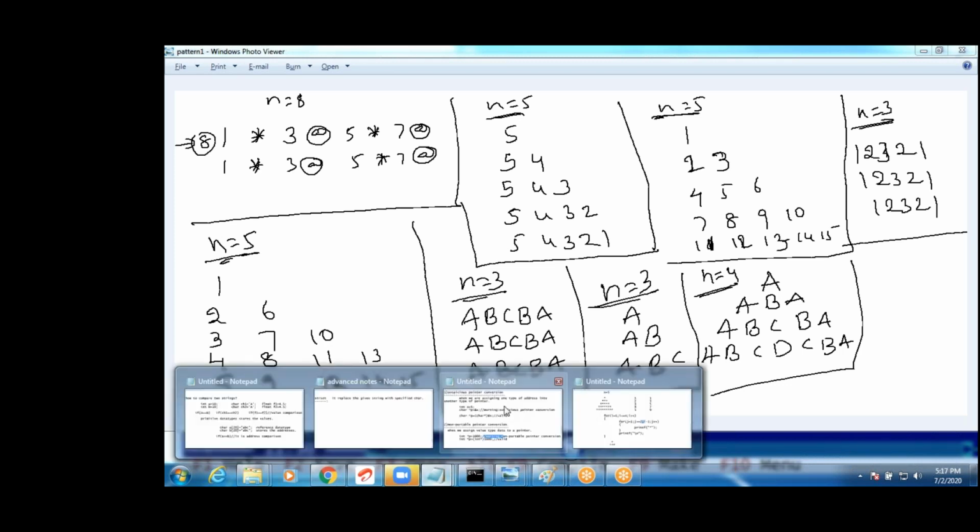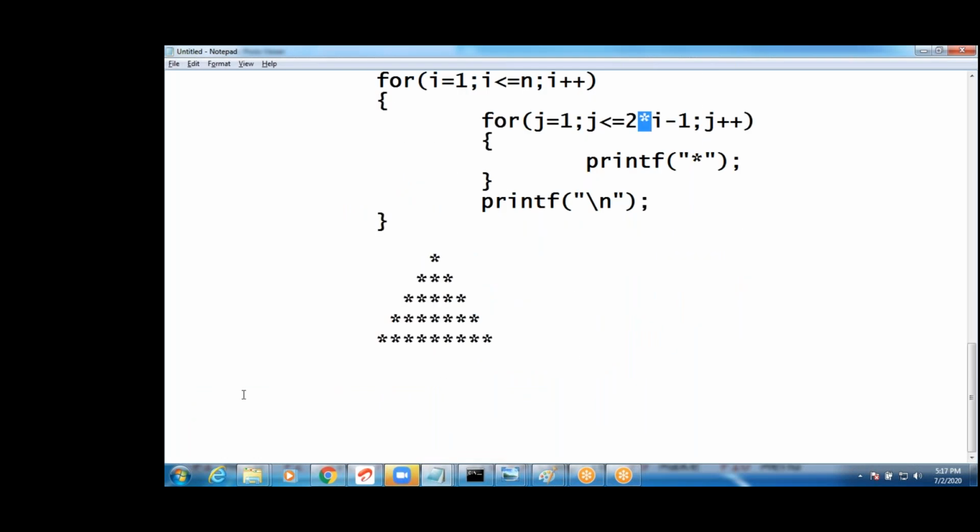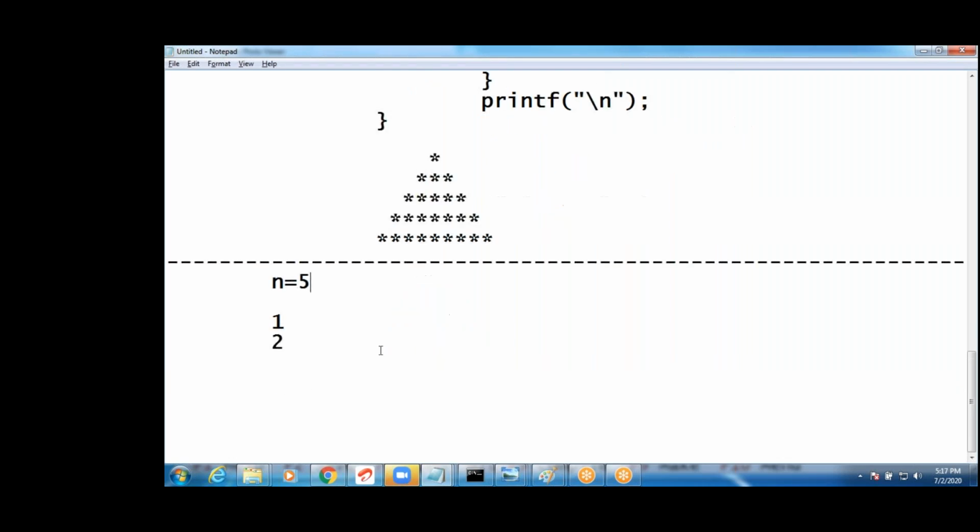Yeah, guys, how to write this pattern? See once. Yeah, this one. See, guys, what is the pattern of this? I want to write this. 1, 2 in the first row, guys. N is how much? N is 5 only. Yeah, 1, 2, this is 3, 4, 5. Right, this is 1, 2, 3, 4, 5. 5 rows should come.